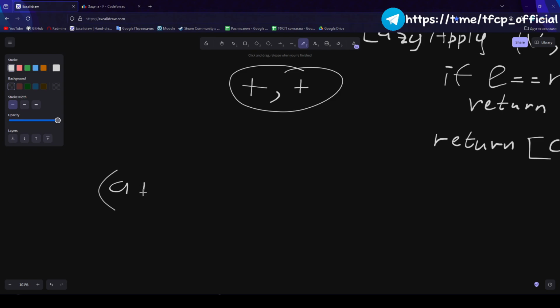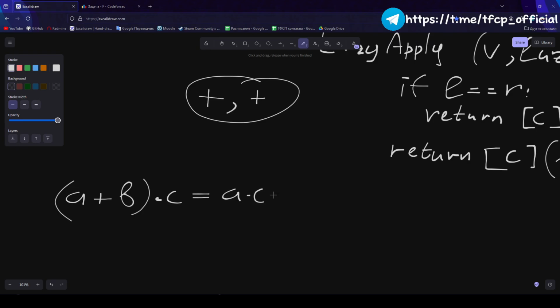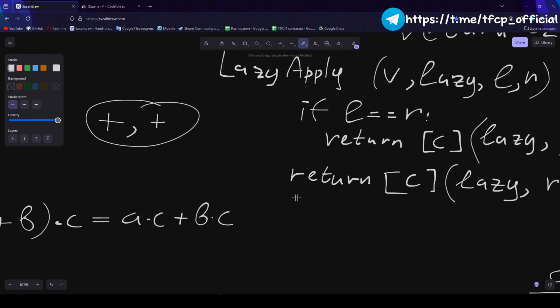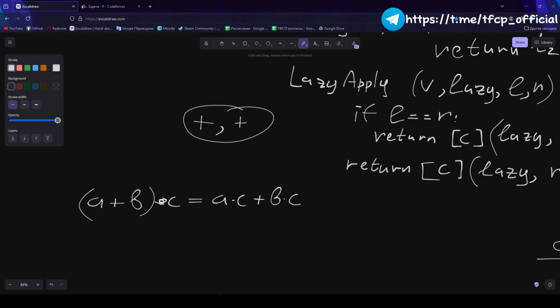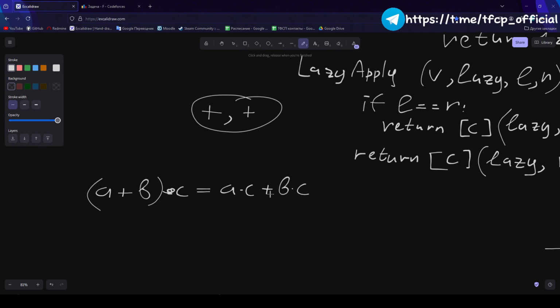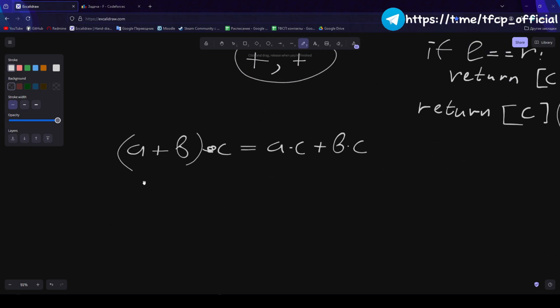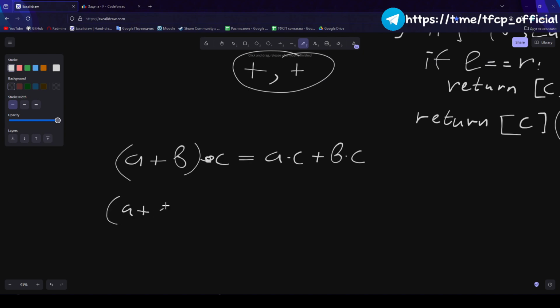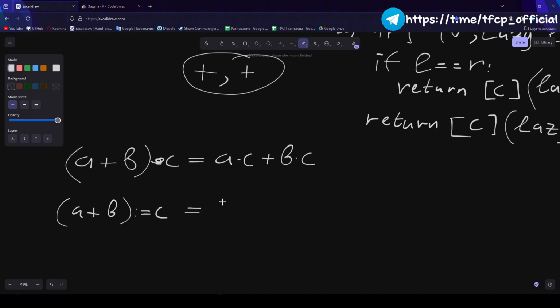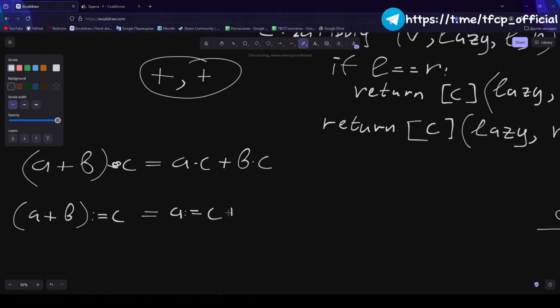So if we take what works well is that a plus b multiplied by c should essentially be transformed into a times c plus b times c. This is the distributive property of multiplication over addition, which is a fundamental concept in mathematics and is used to simplify expressions. I can expand the brackets, and this is how it should be done. So what exactly do I need to do? I need to calculate the sum of a and b. Let me put an assignment here, which will be assigned to the variable c for further use. This expands for me, meaning it should, in a way, again expand as a is essentially assigned plus b, and therefore also